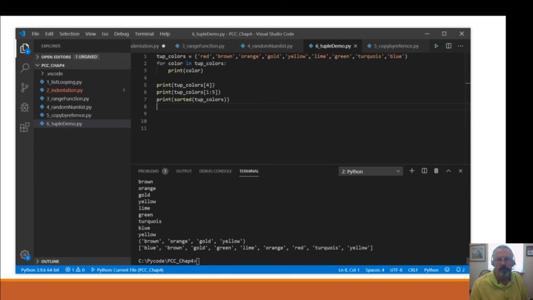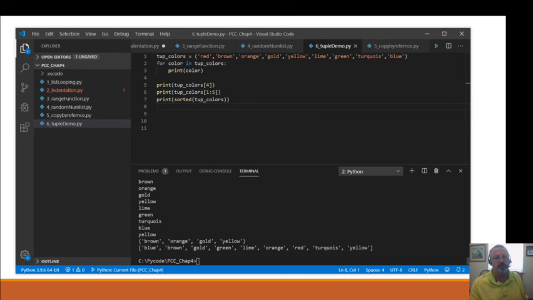So we would get our color 4, which is 0, 1, 2, 3, 4, yellow, so we're printing out 4. Same as we've done with the list. We can pick a slice of them, printing from 1 to 5, which is going to be what? Actually, with the index number 1 through the index number 4. So 1 starts with 0, 1 is brown, 2, 3, 4. So it should be brown through yellow. Is that what we have? Brown, orange, gold, yellow. Yes. So 1 through 4. Printing them sorted.